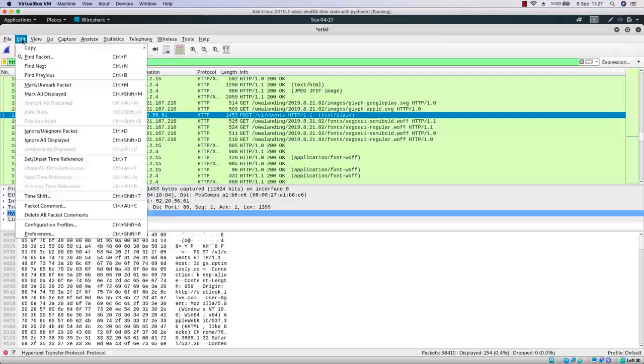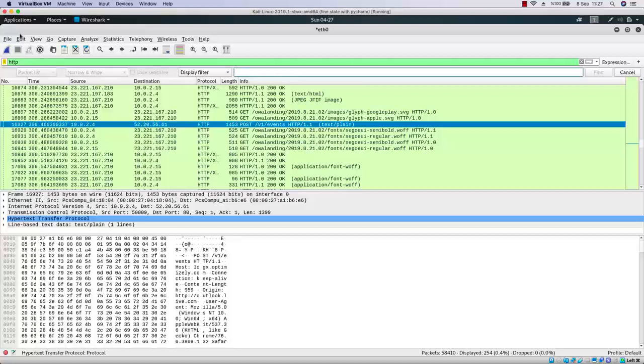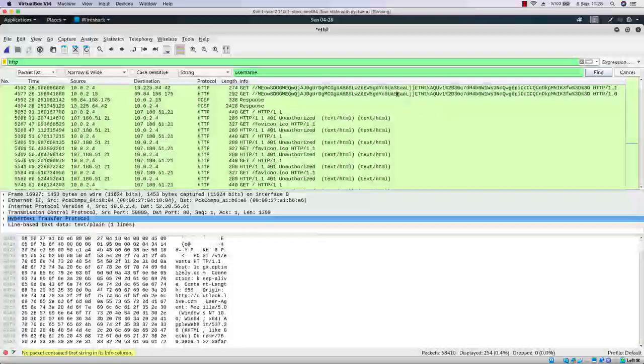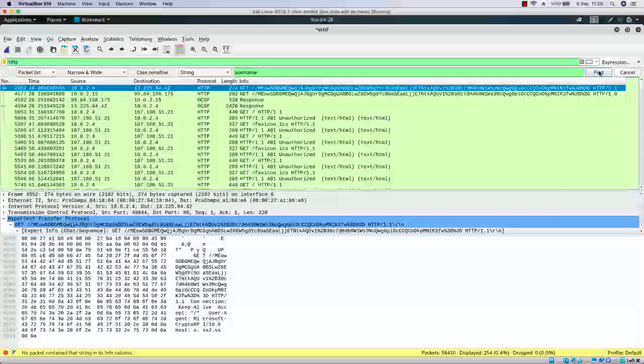So if you come over here to edit, you can say find packet, okay? So once you click on it, it will open another search tab over here. So in this case, we're going to go for string. So if you want to search for text, then you're going to have to choose string over here. In this case, we have searched for a protocol, which is HTTP, but this time I'm just going to go for a string like username or password or any other value that you might want to search inside of a packet. So when you say username, for example, you can come over here to the top and say find,